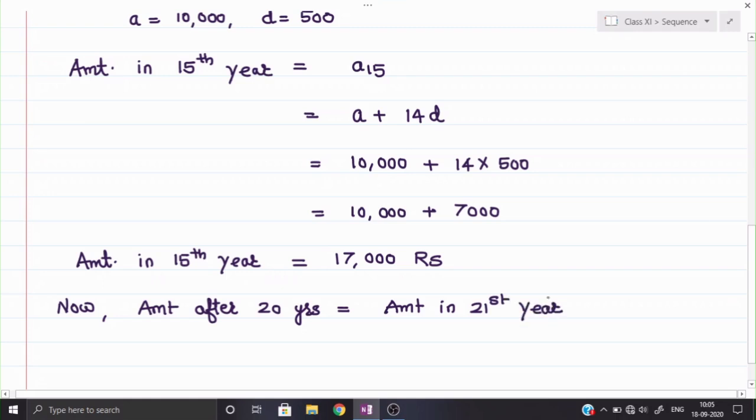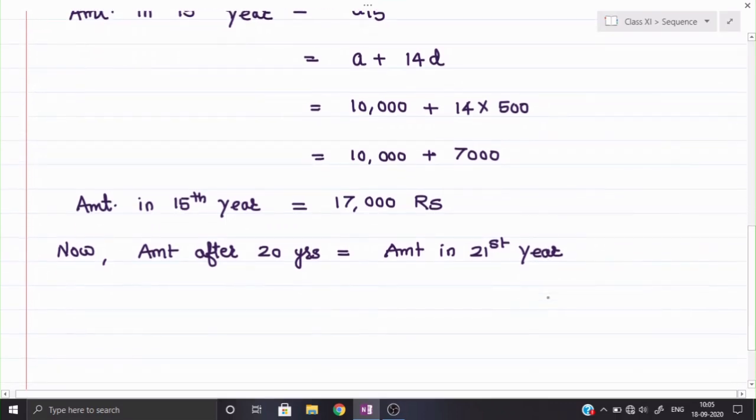Okay, because the amount in the 15th year is equal to A15, so the amount in the 21st year will be equal to A21, and 20 years are over, so after 20 years the 21st year is running. So in that particular year, what is the amount that we are finding? So that will be equal to